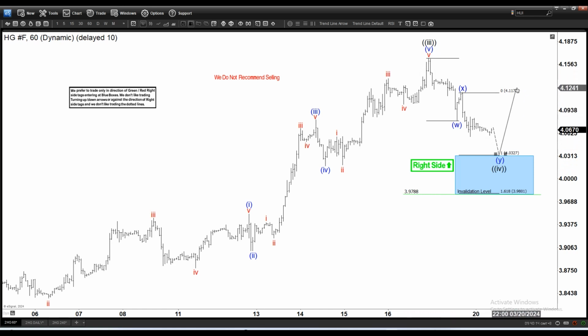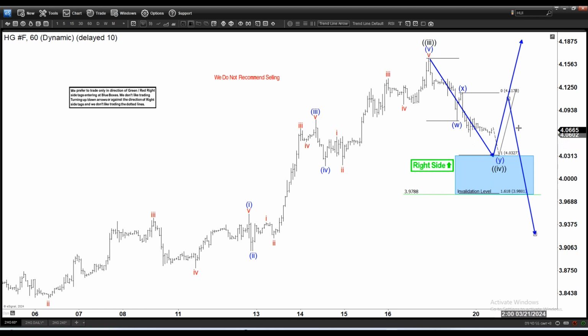Now, as you know, there is always a possibility of an even bigger double correction. A bigger double correction will look like this. You will see support right here, you will rally, but the rally doesn't go to a new high and will just bounce and then go down again. So you're going to be doing an even bigger 3 swings down, and then we'll find another support here. But regardless, whether it goes like this or only goes middle way and goes down again, I think, assuming we can go down here and it doesn't truncate, we still have a pretty good chance we might see some sort of rally